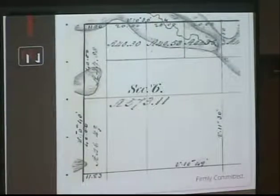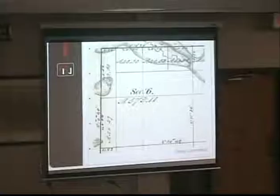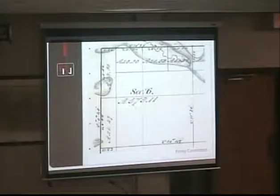The technical word is slop. So everything was laid out square in miles. The township was to be 36 square miles. And we all know that we live on a basketball. We know that the parallels and latitudes, when you go from north to south or when you go from east to west, the curvature looks more like this, and so what happens is that you have excess or deficiency because of the